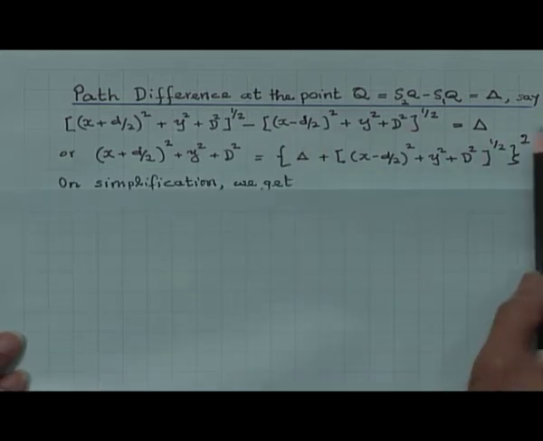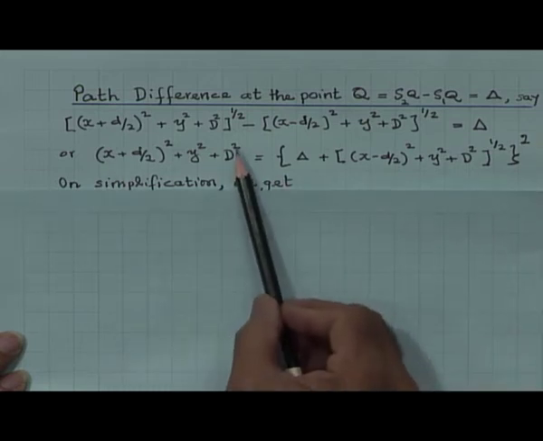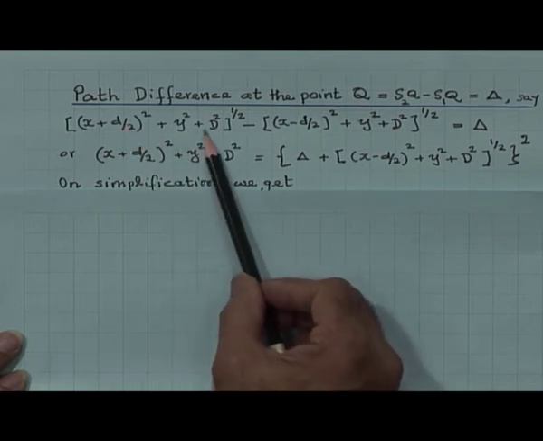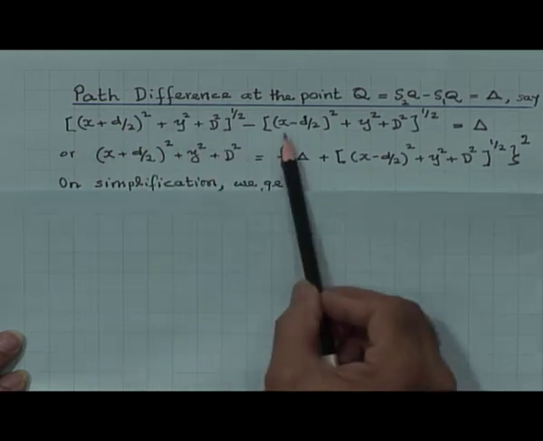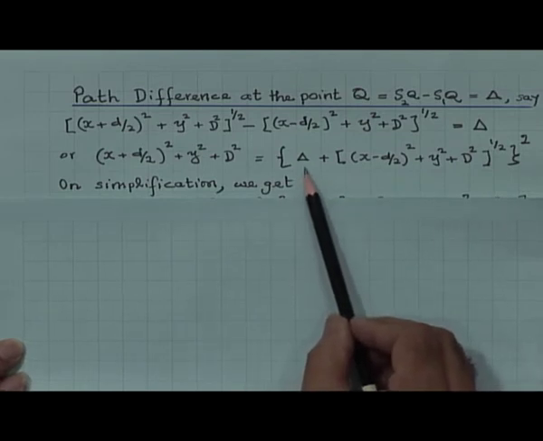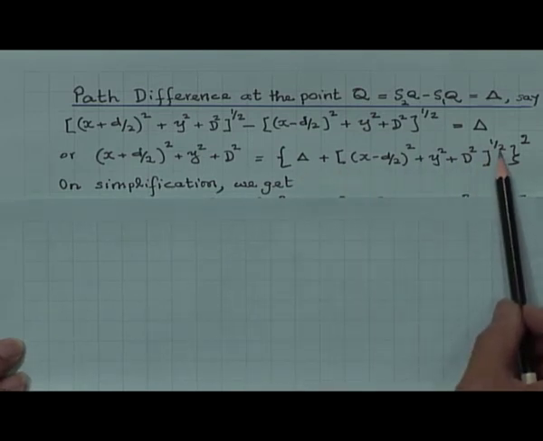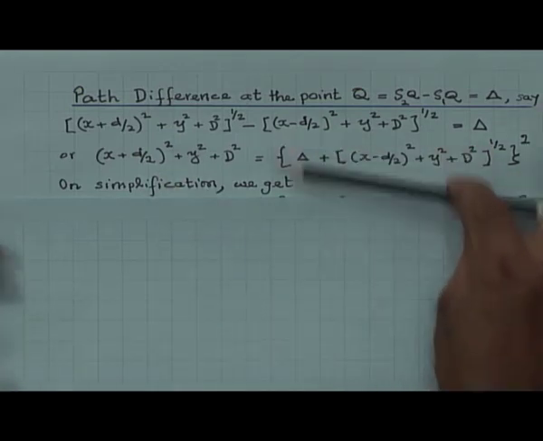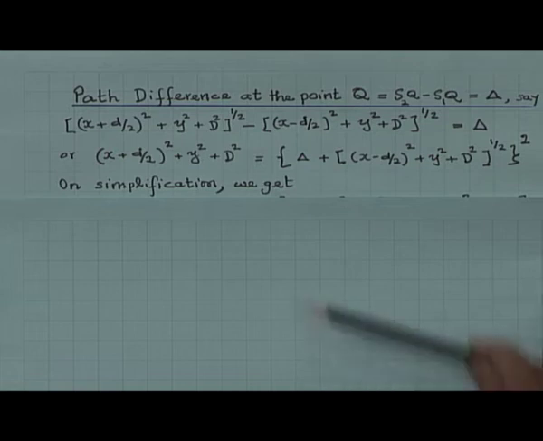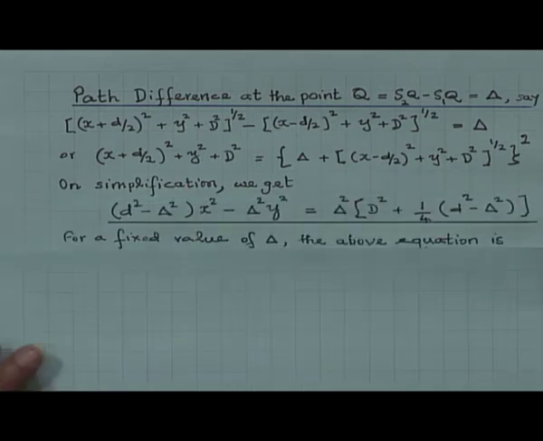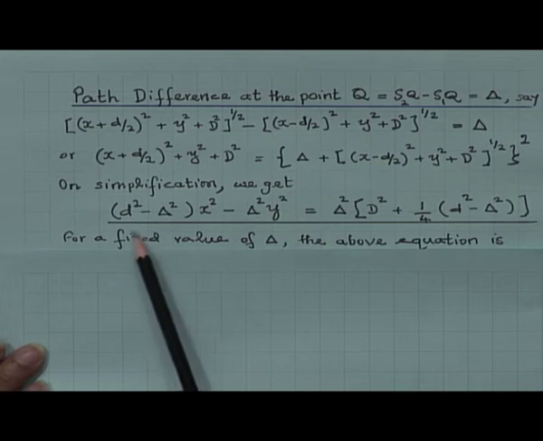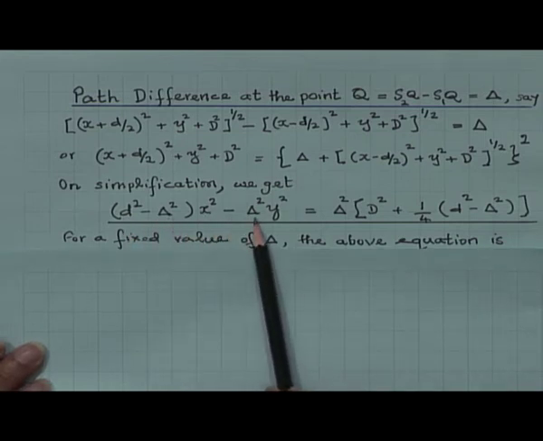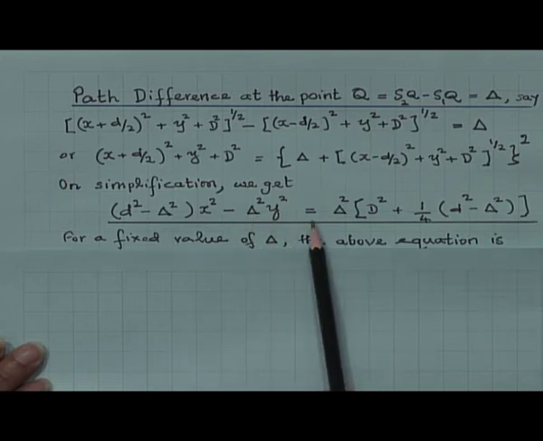So, we take this to the other side and square it, so that we have (x + d/2)² + y² + D², since we have squared this term, this has gone to the other side, is equal to (delta + this term to the power half) whole squared. This can be simplified. I would not derive the simplification steps, we can easily simplify this and get an expression that D² minus delta² into x² minus delta² into y² is equal to